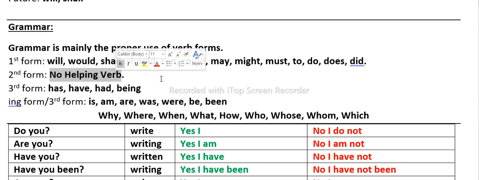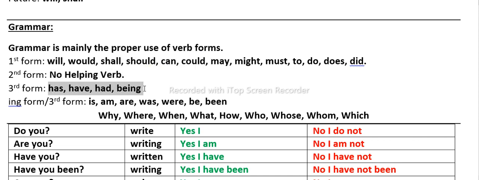Second form is only used directly in s plus two form, like I wrote, I ate; you can say past indefinite. So this is about the past. We don't use the second form in negative sentences or in interrogative sentences. Anyway, you can pronounce it, but second form, no helping verb. Remember this: